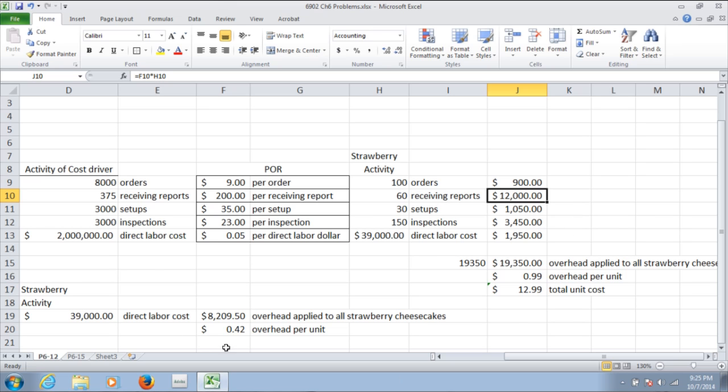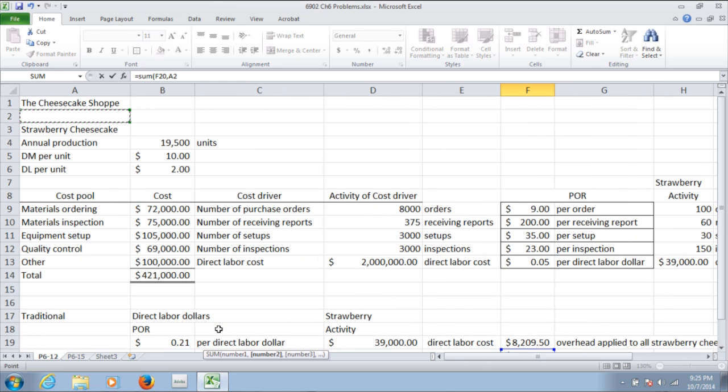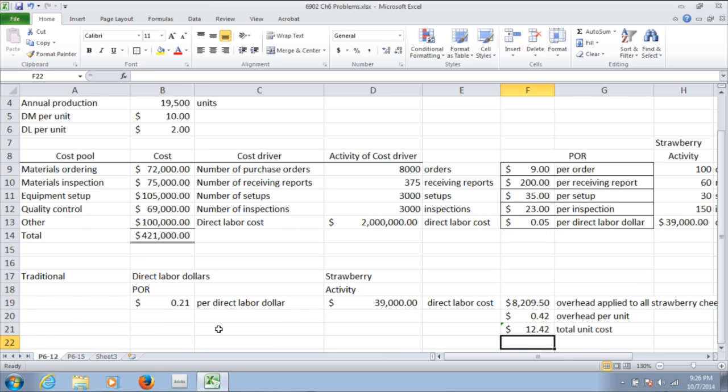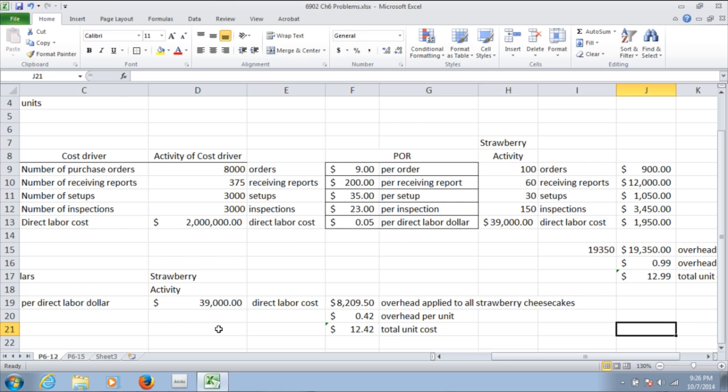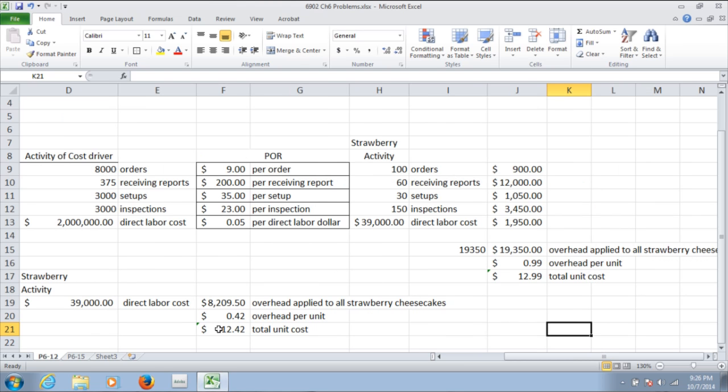Now notice that when we look at our total unit cost here, again we can just copy that formula down. Now we would have our overhead per unit, and then our direct material and direct labor costs as well. So the difference between $12.42 and $12.99 doesn't appear to be very much. But notice that the direct materials and direct labor are not going to be different. But the issue here is that the overhead is, and activity-based costing,